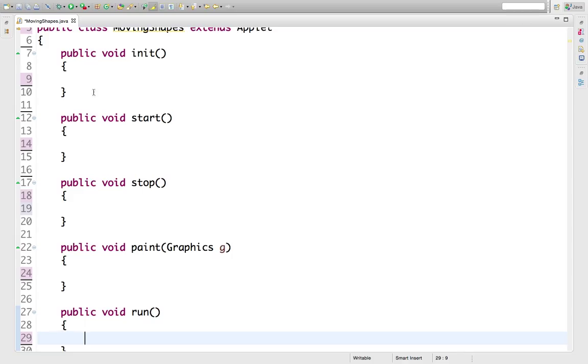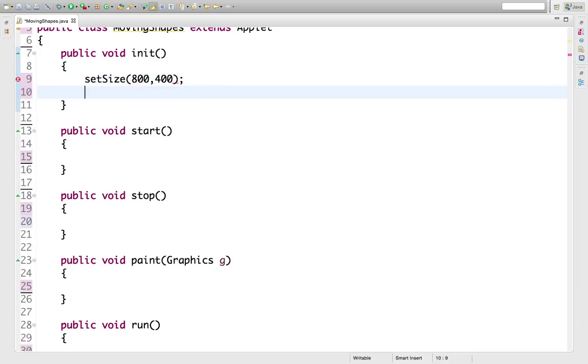Initialize. So let's start with the top one. Initialize. This is the first method. So when you run the program, this is the first method that goes. And what this one usually does, it does two basic things. You set the size of the applet. So the size, let's go 800 pixels wide by 400 pixels for the height. And then let's set the background. Set background,